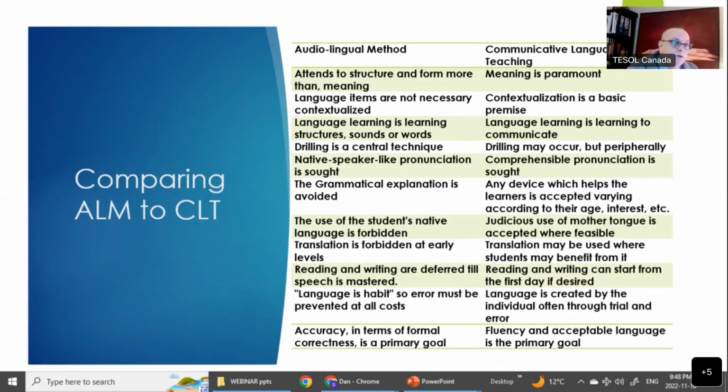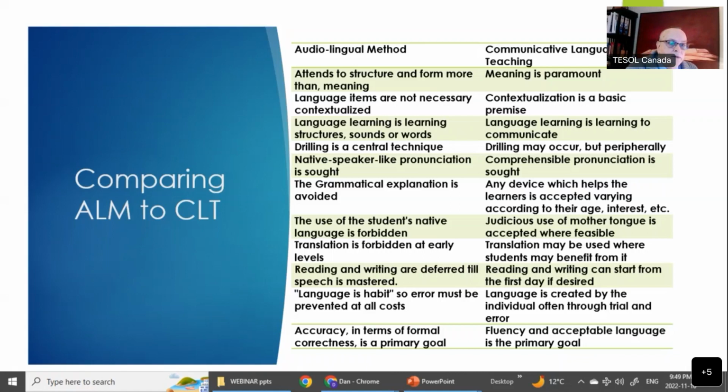But this compares the audiolingual method with the communicative language teaching. So if we look at a few of these key points, ALM attends to structure and form more than meaning, whereas communicative language teaching is really focusing on the meaning. That's paramount,